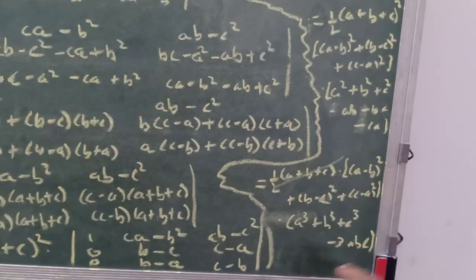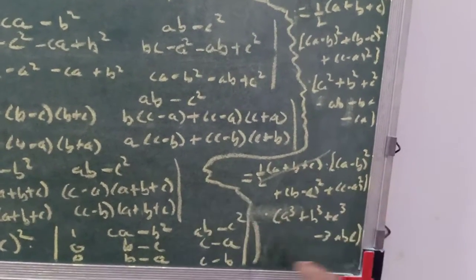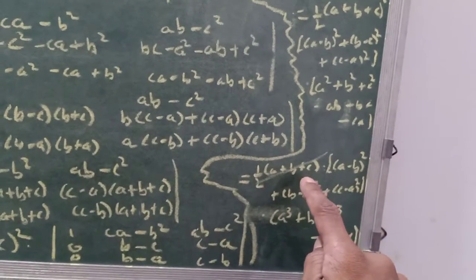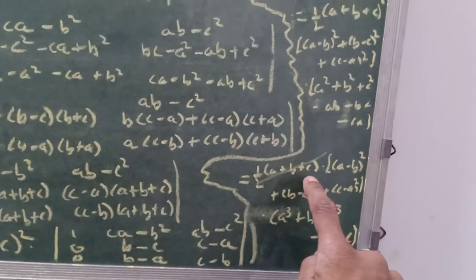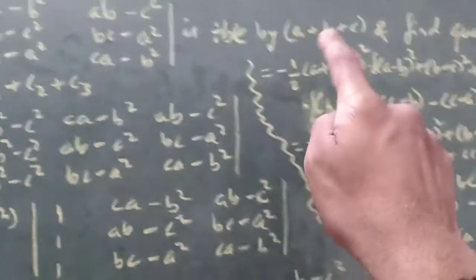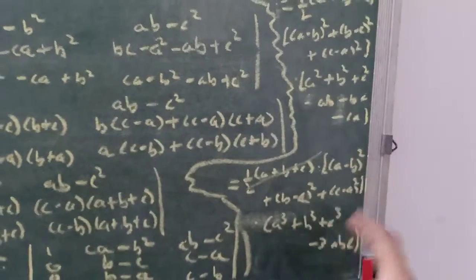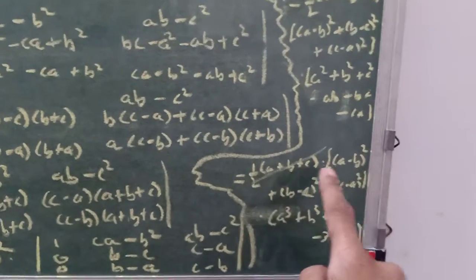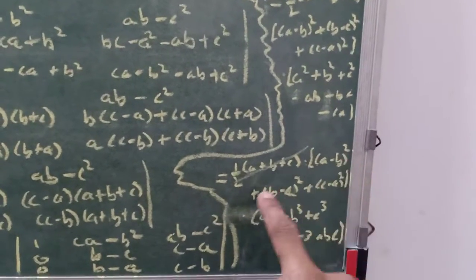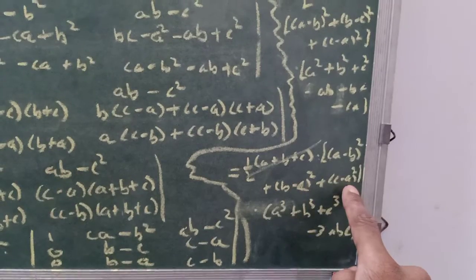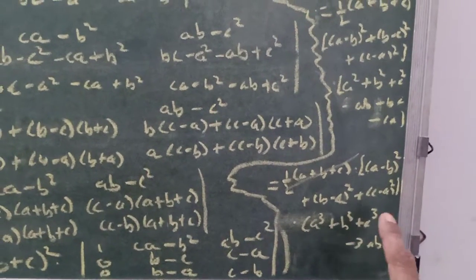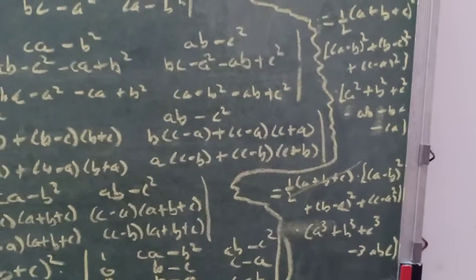So this term has a multiple, A plus B plus C is there, a bracket term. It means this term is divisible by A plus B plus C. That is the first part we proved. It is divisible by A plus B plus C. And on dividing this term by A plus B plus C, what is the left term? Half into the bracket A minus B the whole square plus B minus C the whole square plus C minus A the whole square into the bracket A cube plus B cube plus C cube minus 3ABC. So this is known as quotient.